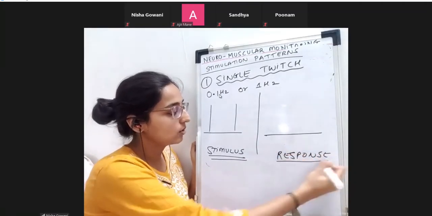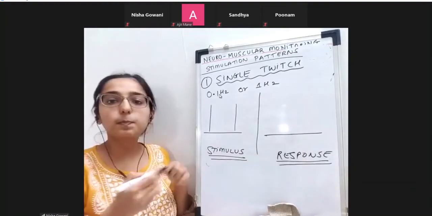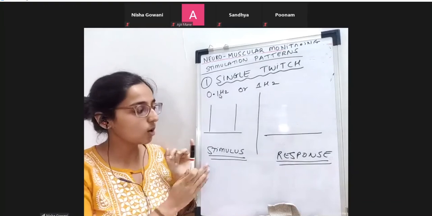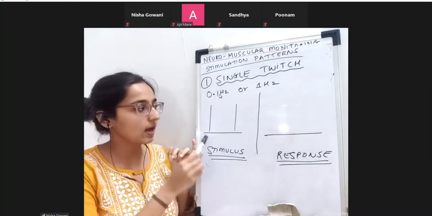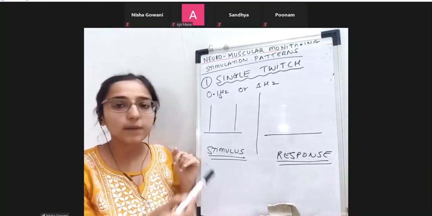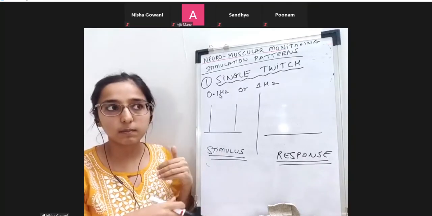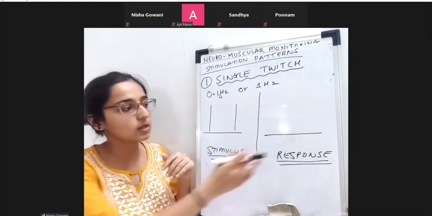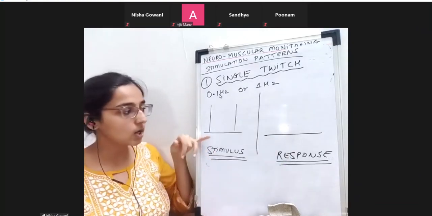You need to know that in this portable neuro monitoring device, you will not be able to see a graph of the stimulus. I'm giving a stimulus and I can see these vertical bars. But in the multi-para monitors, the ones attached to the anesthesia workstation, you might get to see this also, and you might get to see this also.